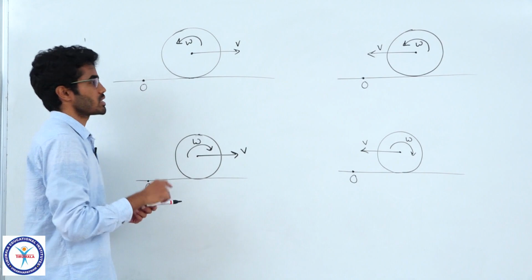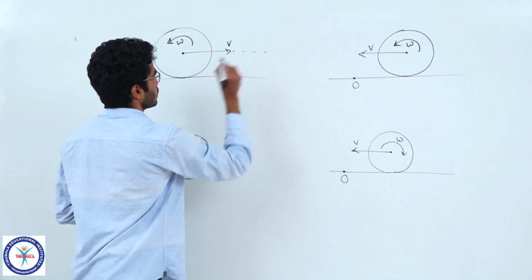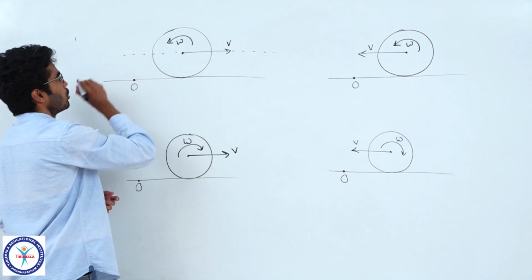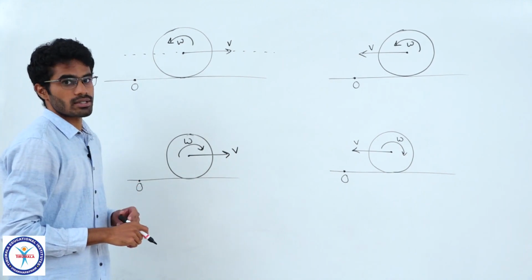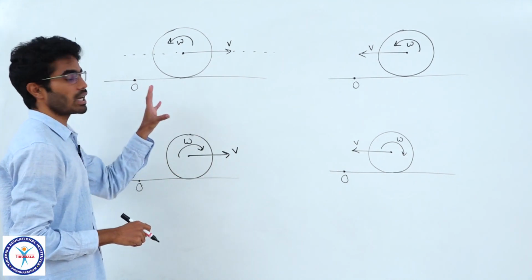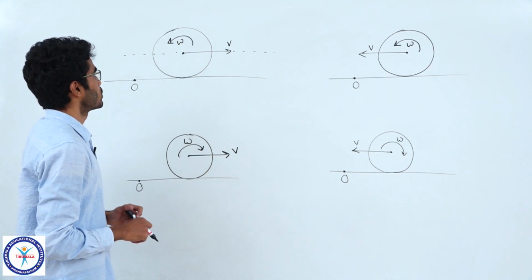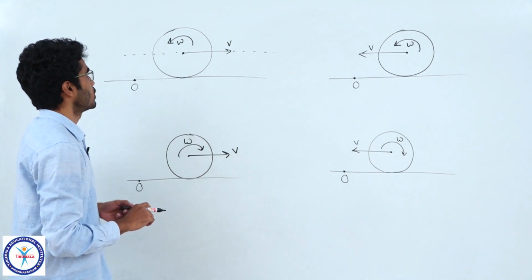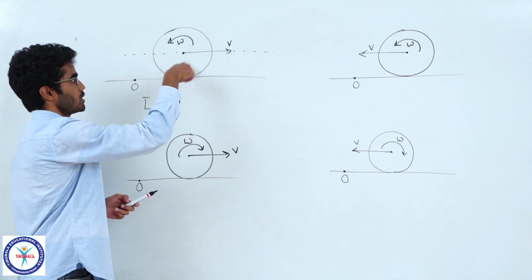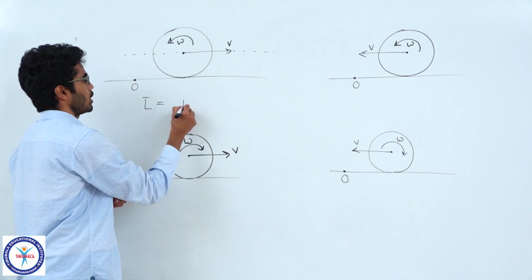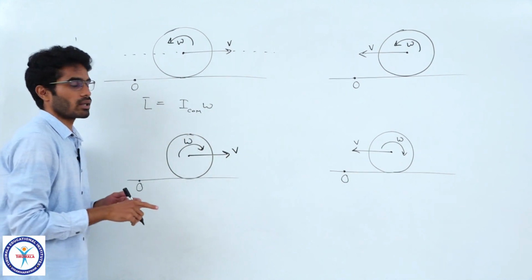Identify how the center of mass is moving. So, the center of mass will move along this horizontal line parallel to the ground. Now, another thing about the center of mass, you should see how the object is rotating. So, that is anti-clockwise sense here. Make a note of these 2 points first. So, how do you write the angular momentum expression now? In the center of mass frame, you have to write I omega, that is I center of mass into omega with proper direction.